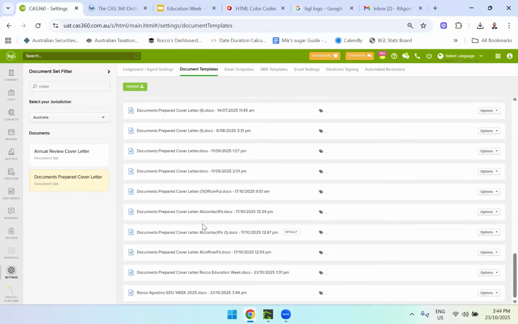And then down the bottom, we've got our latest template, which has been added. Very simple. It's taking me longer to explain it than what it actually takes in real life when you're playing around with this. So it's very easy to do. You've got a few options here now. You can make this the default